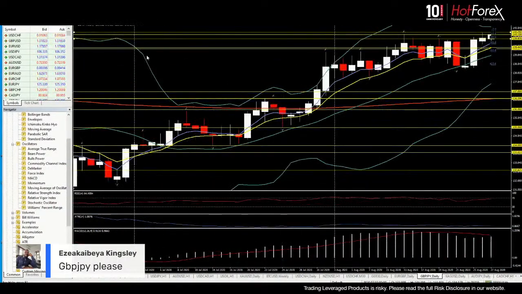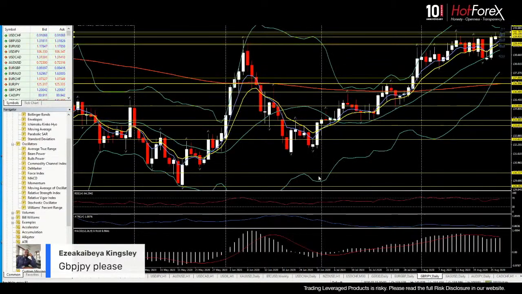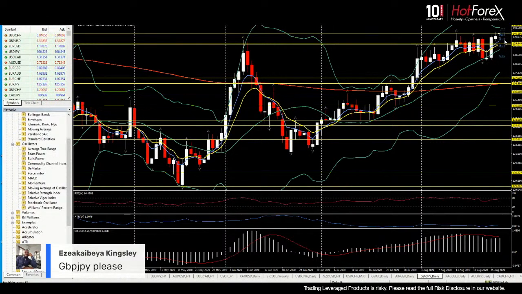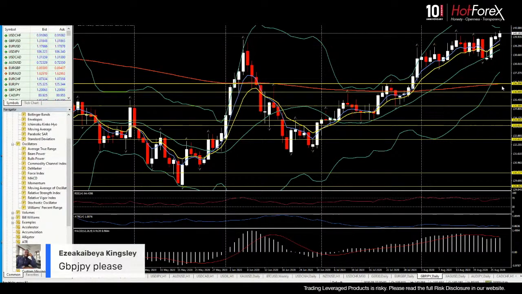Overall, however, if I zoom out and go to the daily chart, I know it's a bit messy, but the daily chart remains very, very positive. Let me clear a bit all this mess. If I clear a bit this mess, you can see that we had a rally since the mid of June,